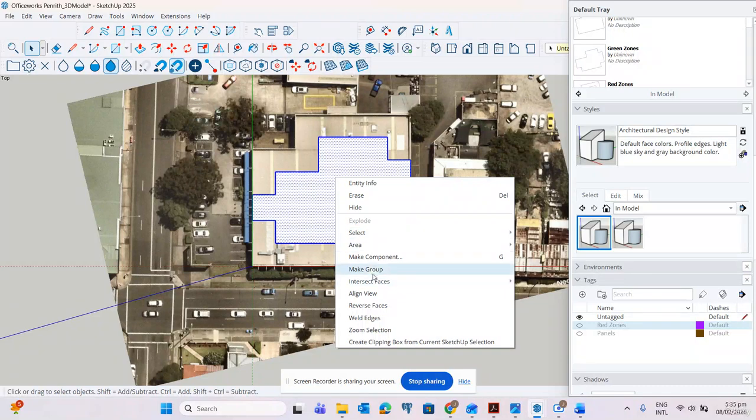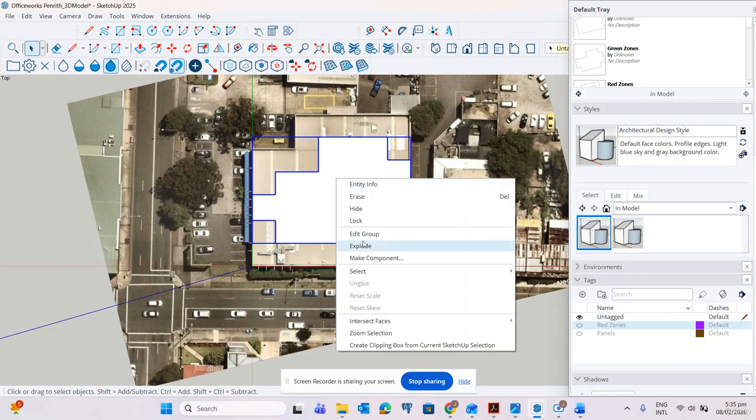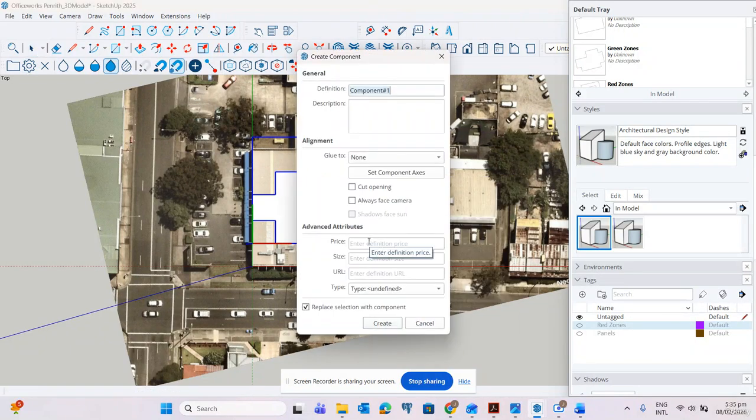Right click, make group, make component, green zones.